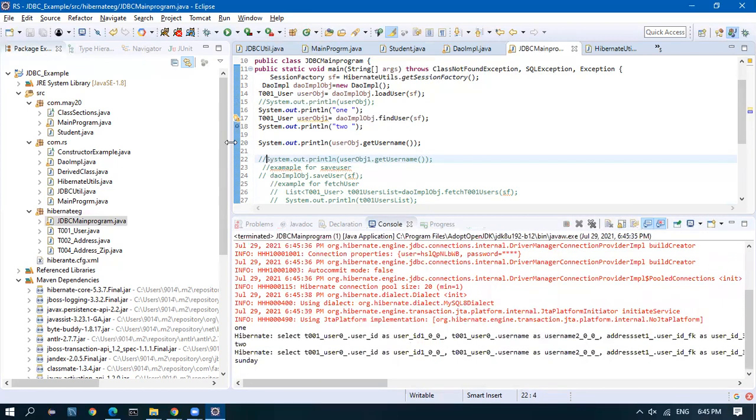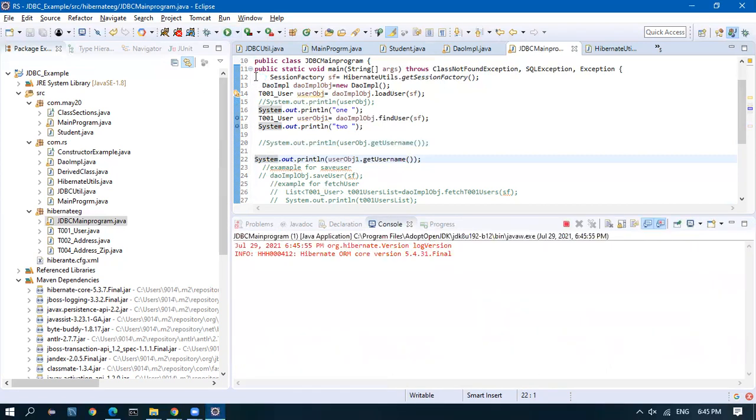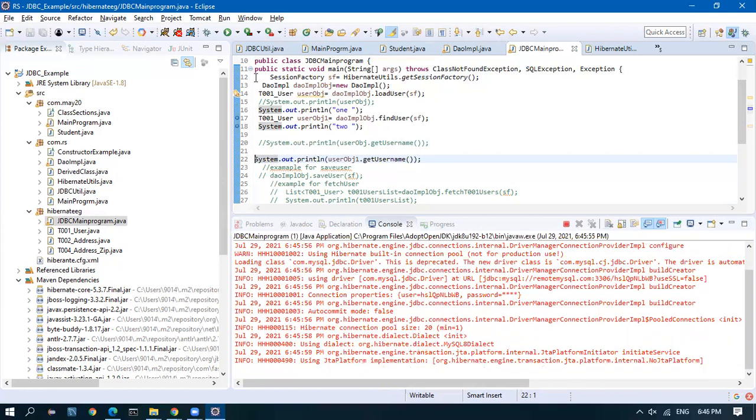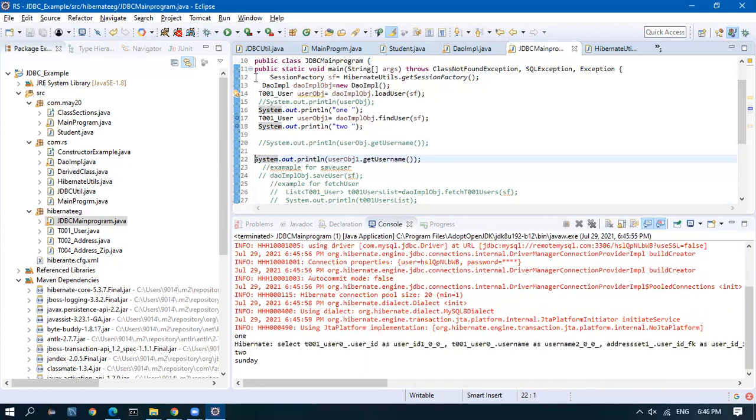I have to comment out this one. This one I can leave it. This is the second object. The first object, if I comment out, the query will not be run. This is a beautiful feature from Hibernate. See here, it's not running. So you might wonder why the sysout is causing this.